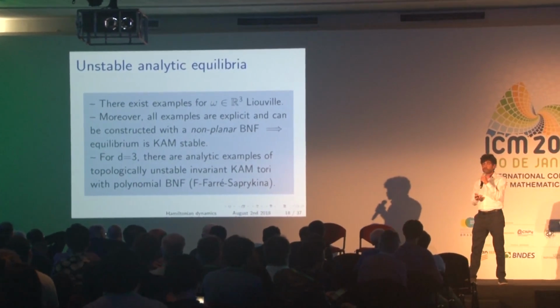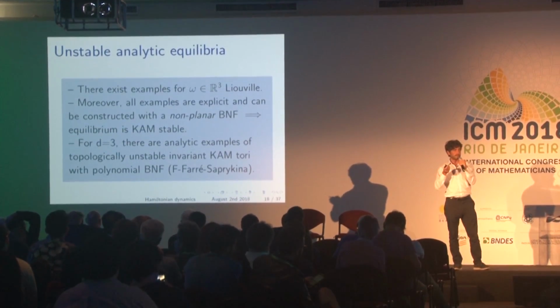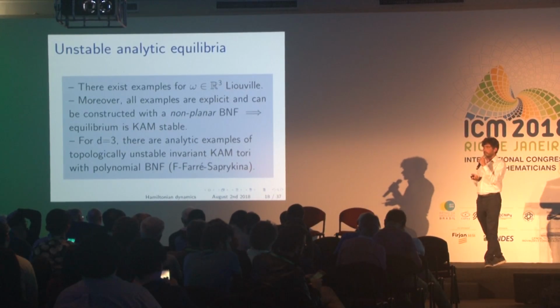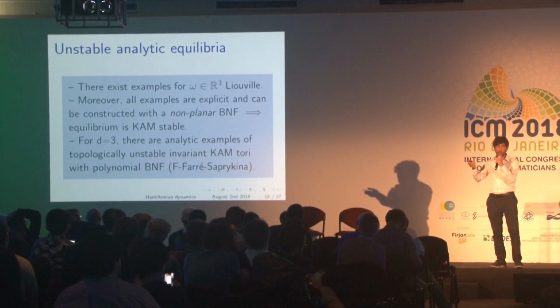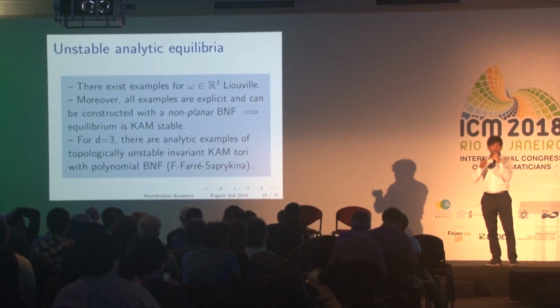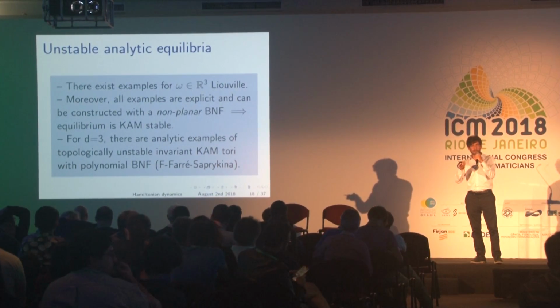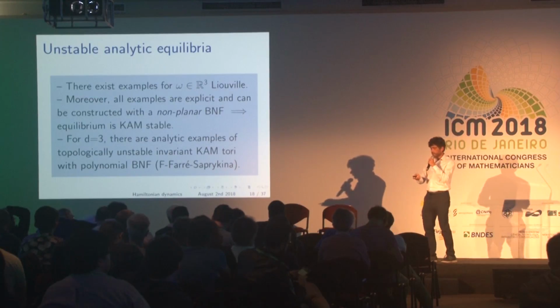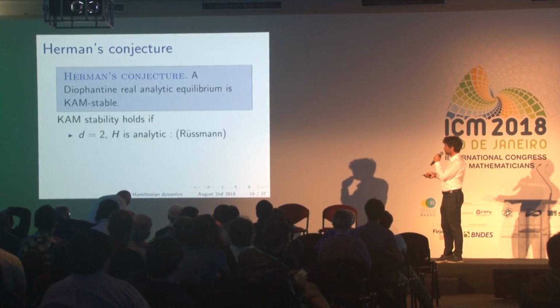So the question of how the Birkhoff form behaves when a fixed point is unstable is a question asked by Eliasson. It's a long-standing question. Here we have examples where the fixed point or the torus will be unstable, but the normal form will be convergent because it's a polynomial. And now Raphael, I think, wants to tell us something very exciting about the general behavior of the Birkhoff form. Raphael?